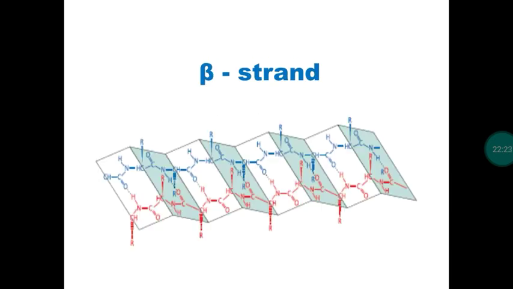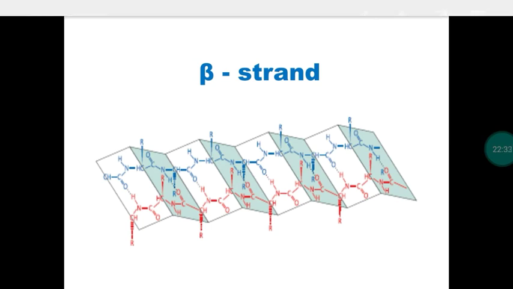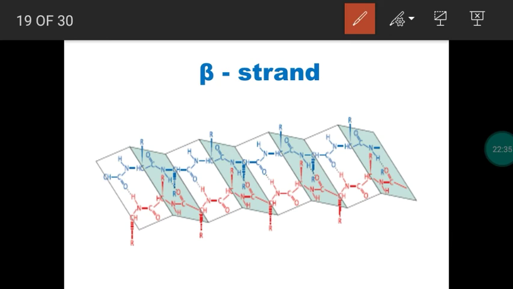With this, alpha helix over, and what is the another type of secondary structure? There are two types of secondary structure. One is alpha helix, another one is beta strand. Beta strand is nothing but sheet-like structure. The primary structure of protein will not fold like a helix, so it will expand like a sheet. So this is called beta sheet structure or beta strand structure. Okay, so sheet-like arrangement will be there. So here also hydrogen bonding will be there. So here not between nth and n plus 4th residue, but between the adjacent amino acids.